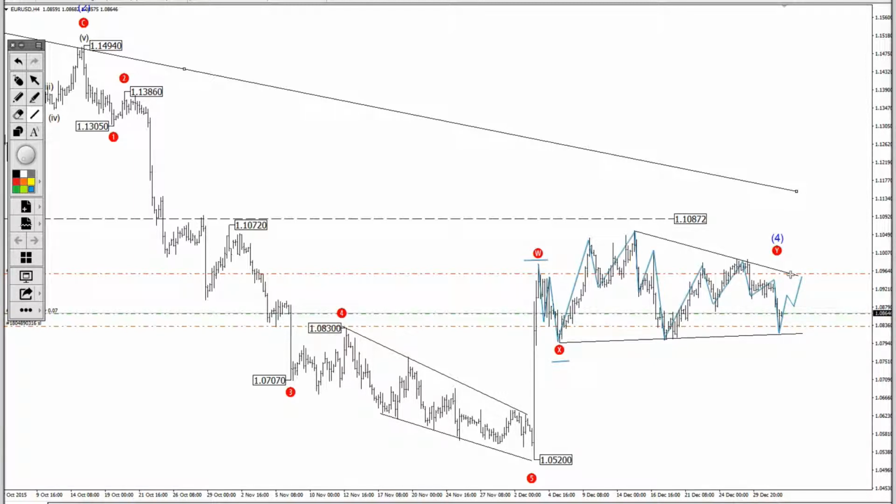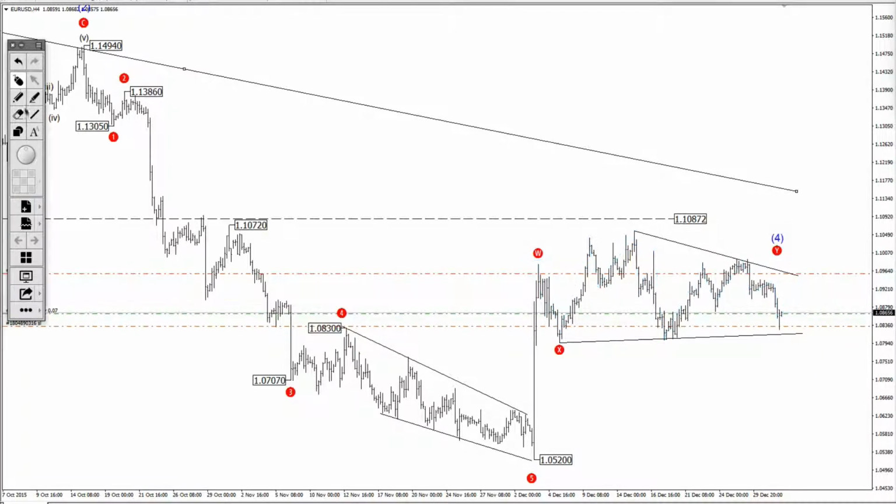And after that, of course, once the triangle has completed, we can expect the next larger move to be to the downside in minute wave 5. So this would conclude minute wave 4, the triangle. Minute wave 5, a larger 5-wave structure, can be expected to form after the corrective triangle has ended and completed. And we are trying to trade this last leg of the triangle, get some profits, and then see the next larger trade to the downside and catch the 5th wave down of this pair.